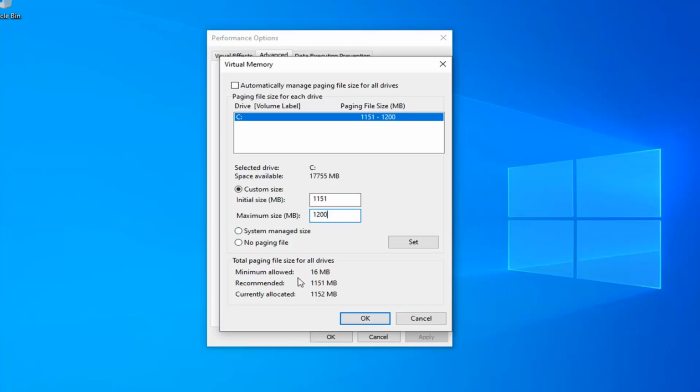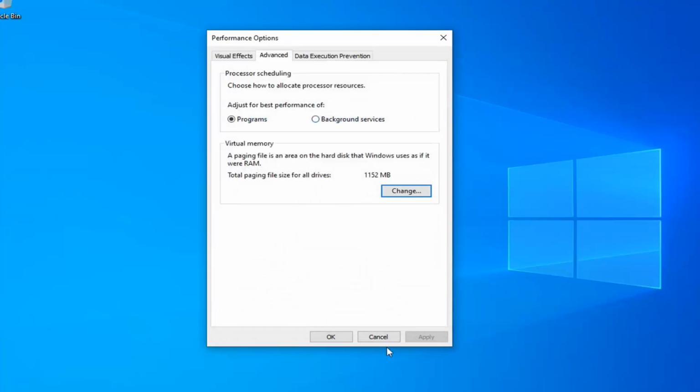So I'm just following along with the recommended guidelines down here. It's not a huge deal if you bump up a little bit from the recommended settings as long as it's within reason. Just go ahead and left click on OK once you're done with that, and then select OK